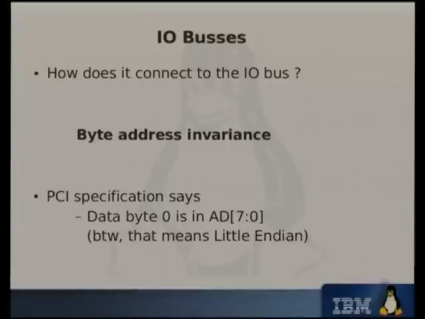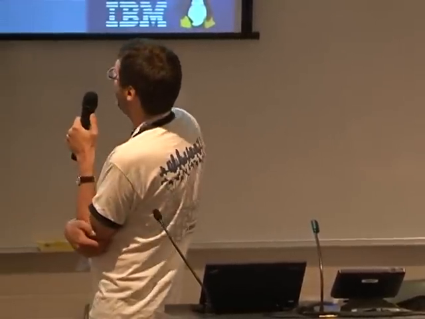This is really the important thing to remember. Which means that when you connect that to your I/O bus, the one rule that has to be respected, and I know hardware people make cracks in the lab, but they really have to get that right, is called byte address invariance. You need to make sure that the right byte ends up in the right place. So you look at your PCI spec and it says data byte 0 is in AD[7:0]. That tells you which physical lines on your PCI bus contain byte 0, and so that tells you